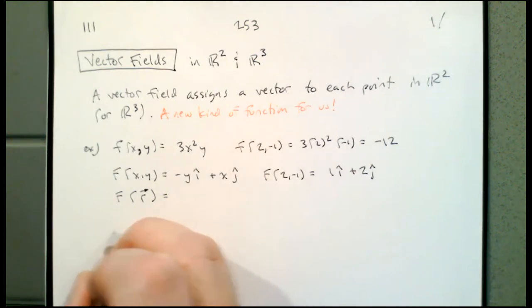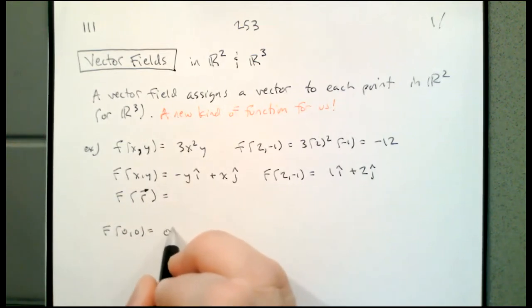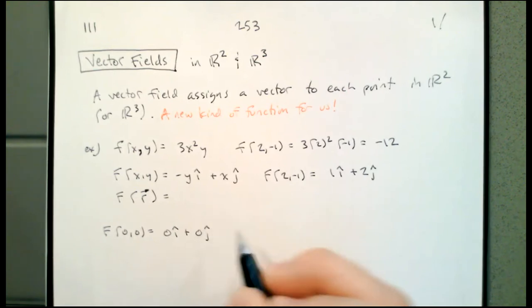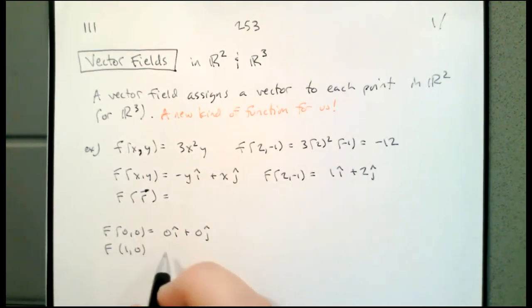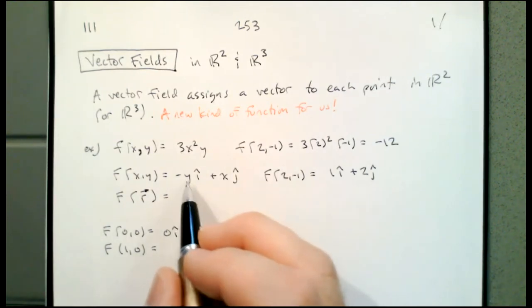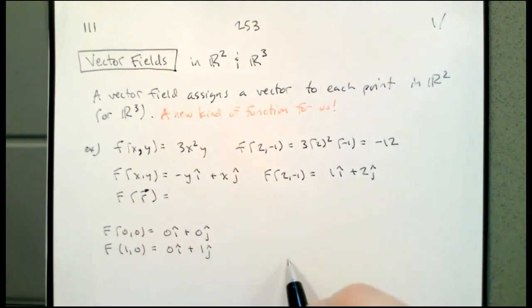So at the point 0, 0, we get the 0 vector, 0i plus 0j. At 1, 0, traditional style, we'll have negative y, so 0i, plus 1 times j. So if we go over and try to plot this vector field,